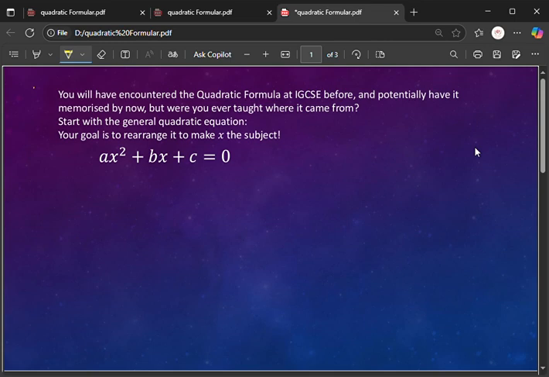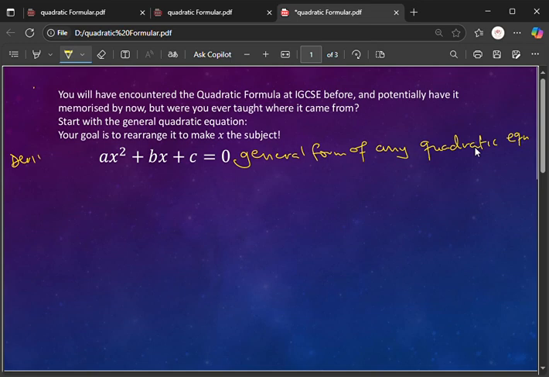All right, so this is the general form of any quadratic equation. The general form is always ax squared plus bx plus c equals 0. So when you see an equation arranged in this form, it is quadratic. Now we are going to derive